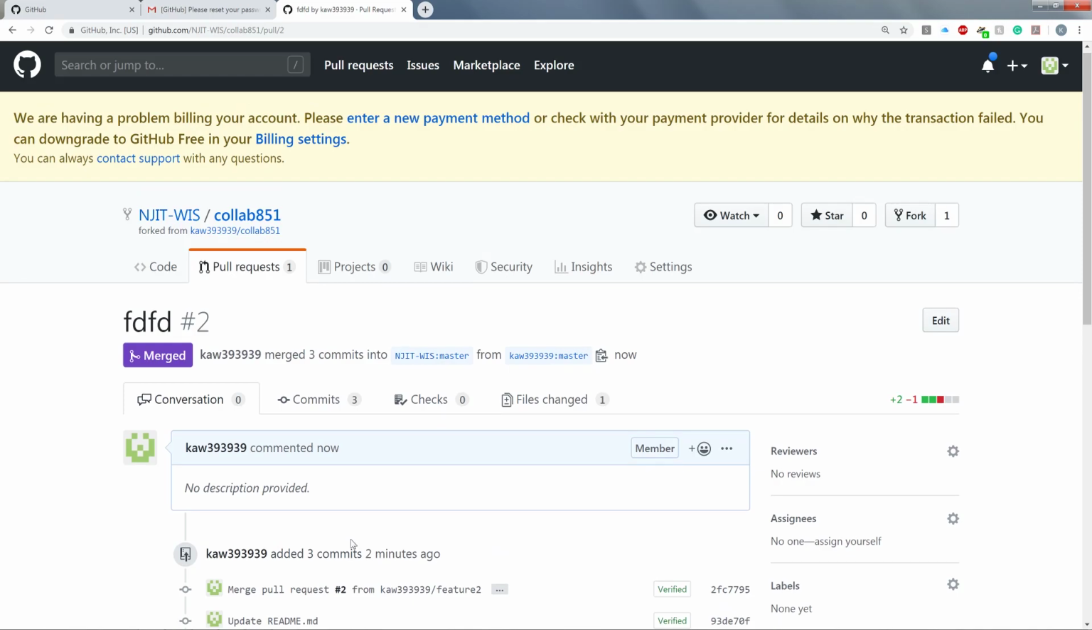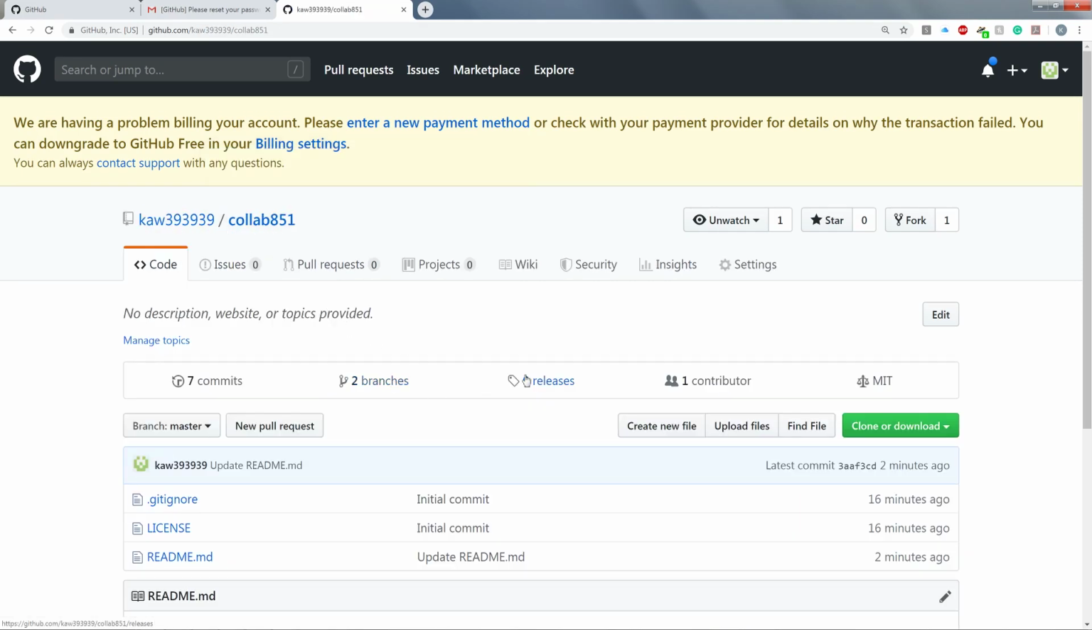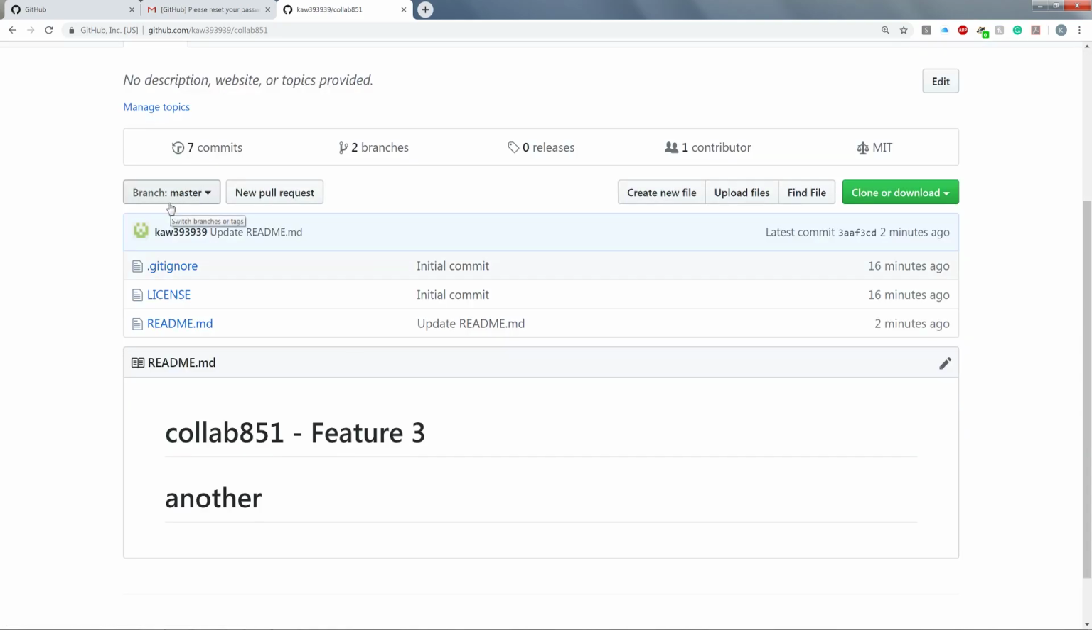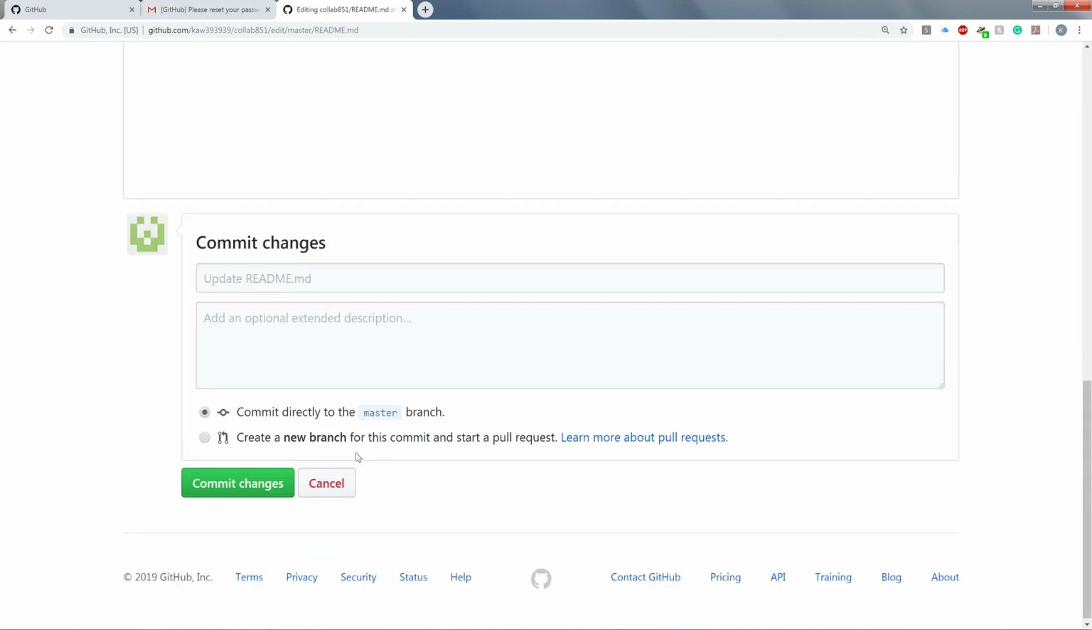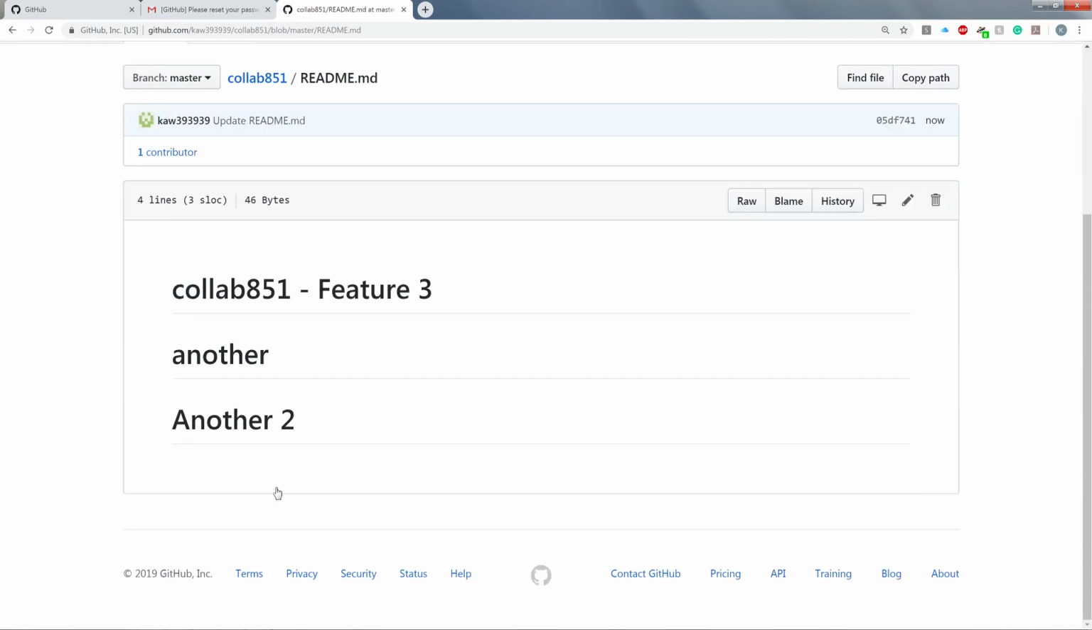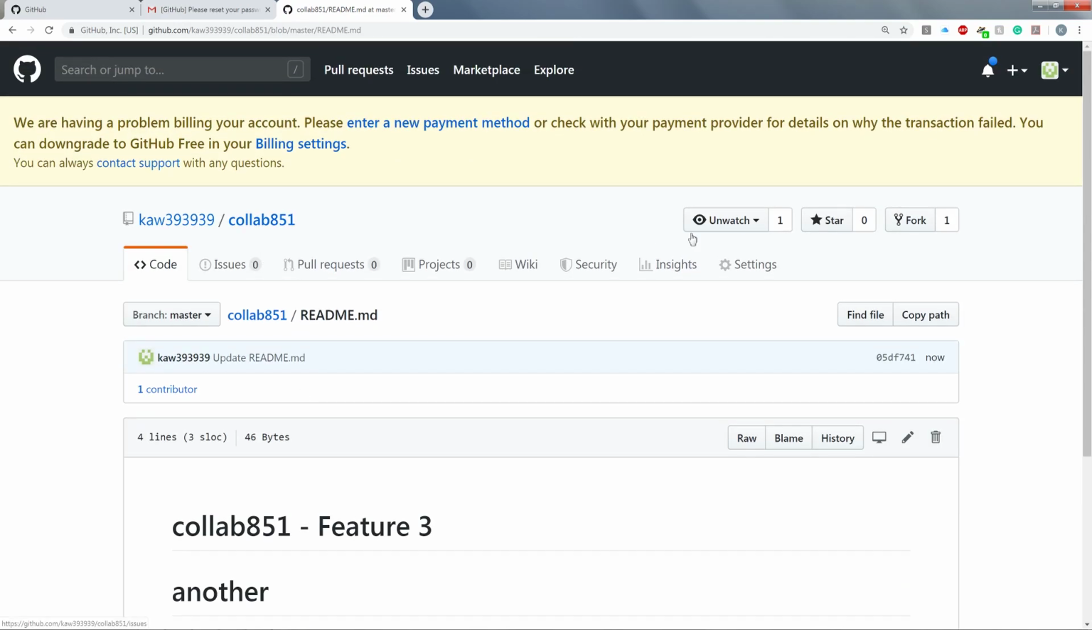Basically what happens is I'm going to come back to collab 851. I'm going to edit on master just to save time, but don't usually do this because you'll get merge conflicts. Another 2. I'm going to commit the changes here. All right, so I have a commit here. Then I'm going to come back over to my fork,